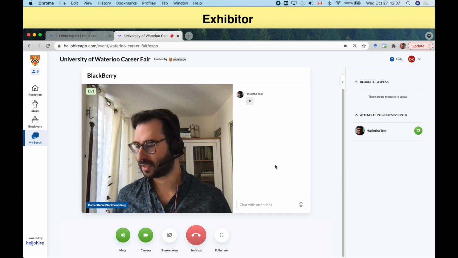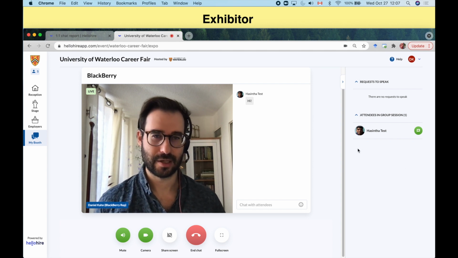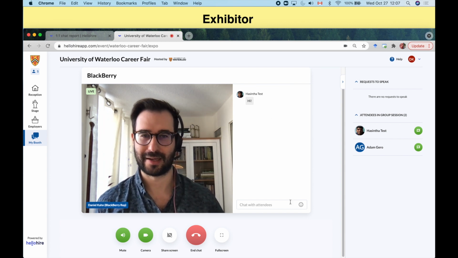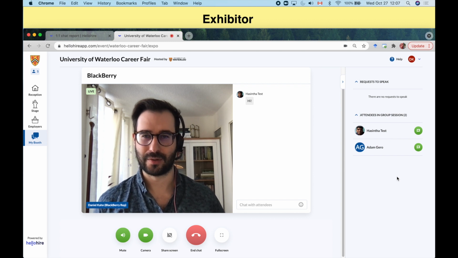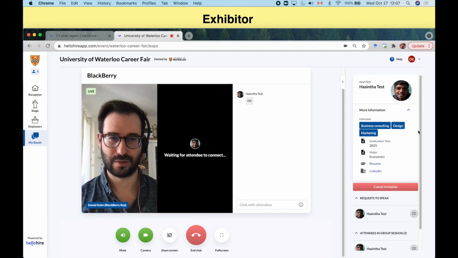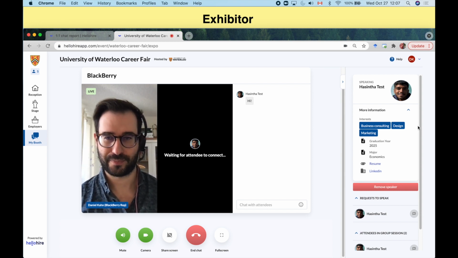We'll be able to see that more than one person can join the group session at once, so you might have 2, 3, 5 or more people in your group session all participating in the text chat. Let's invite one of these people to come and join us on video in conversation in front of the group. I'm going to click on this green button, which will send an invite to Jacinta to join us in conversation in front of the crowd.